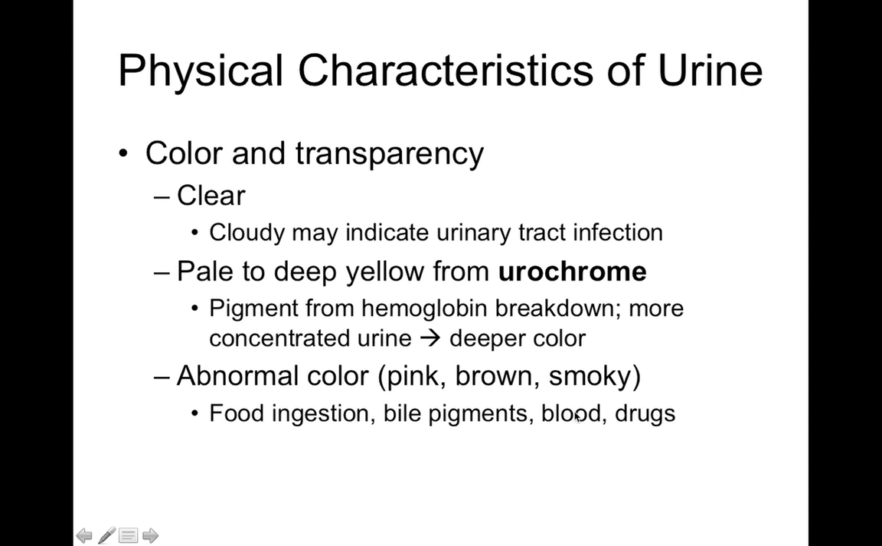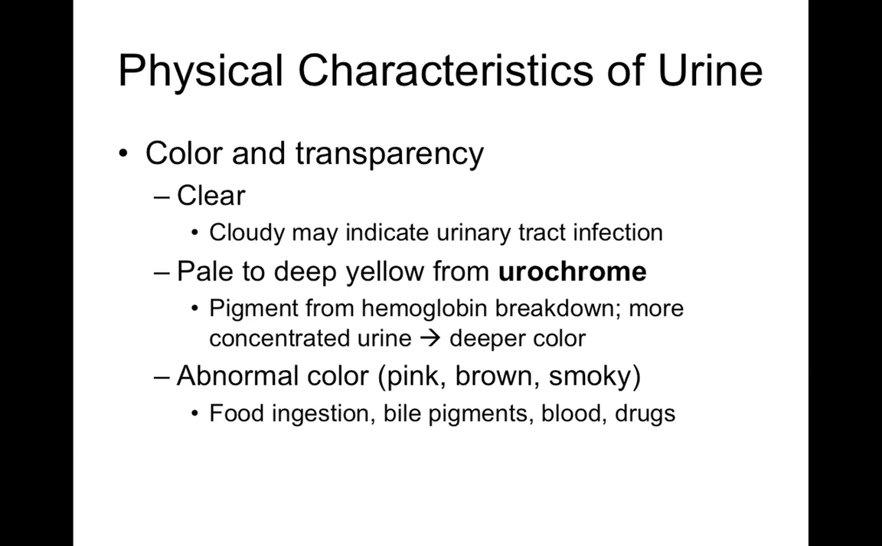transplant. Now, in terms of the normal physical characteristics of urine, we understand that urine should normally be kind of clear. It should be pale to deep yellow from a urochrome pigment. This actually comes from hemoglobin breakdown. But abnormal colors include pink, brown, or smoky. Certain foods, bile pigments, blood, and drugs can make urine different colors, which can suggest damage or can be